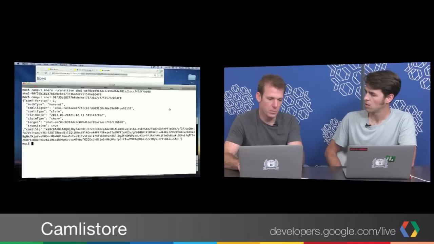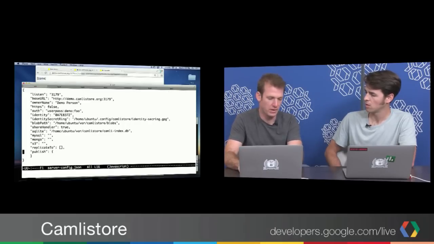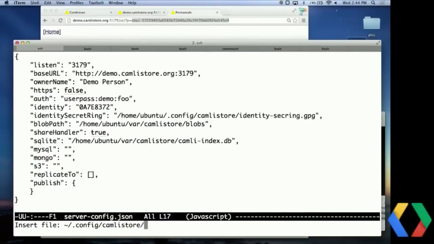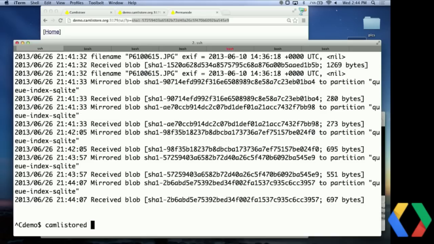And so I have to configure my server to actually publish. So I'll kill my server and go back to the config file. And in the publish section, I could put a little section here that says, I want you to serve at /pics. I want you to serve whatever the content of this permanode is, and serve it with the template gallery, like a photo gallery. And this is my CSS to use. So if I restart my server,